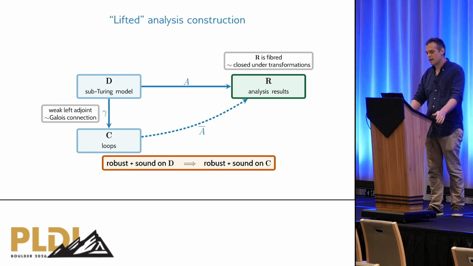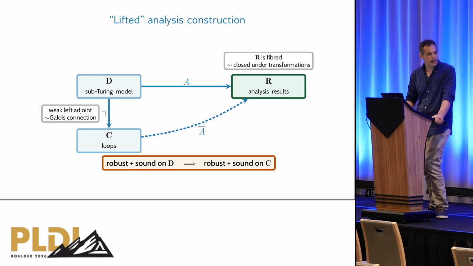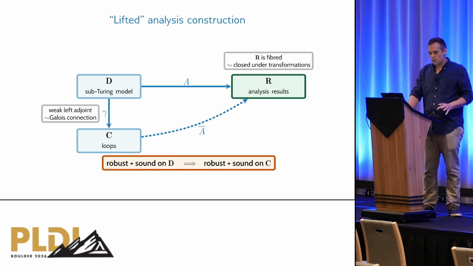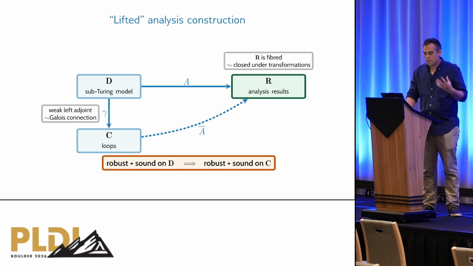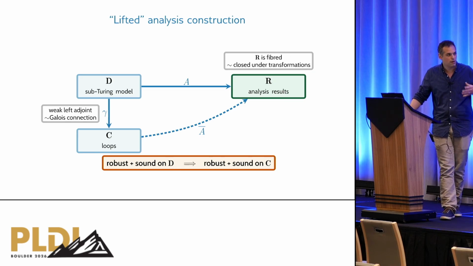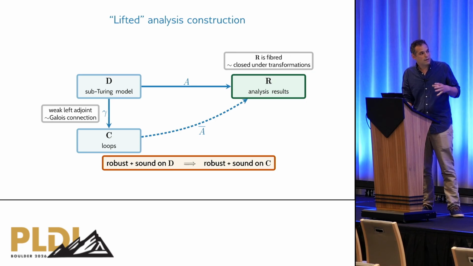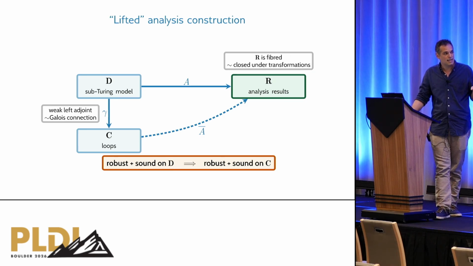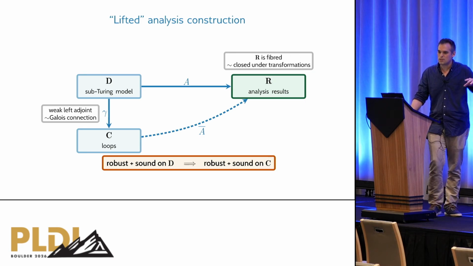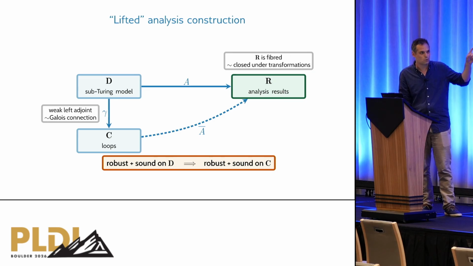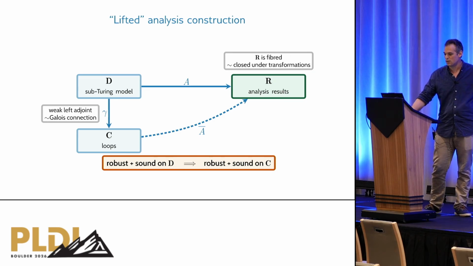So there is a category theoretic explanation of all of these analyses, wherein we imagine that we have a concrete functor that maps D to R, where we think of D as being a sub-Turing model of computation. Then we can lift that functor from D to some larger category C, provided C has best abstractions in D. So this is really the technical meat of all these papers, is proving this best abstraction result.